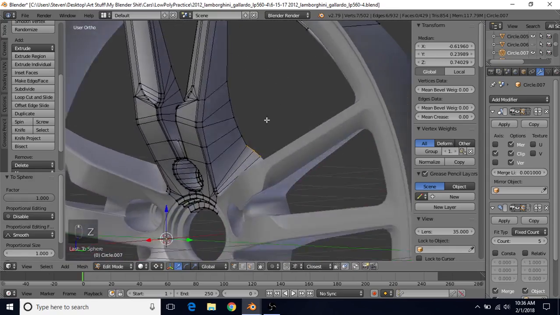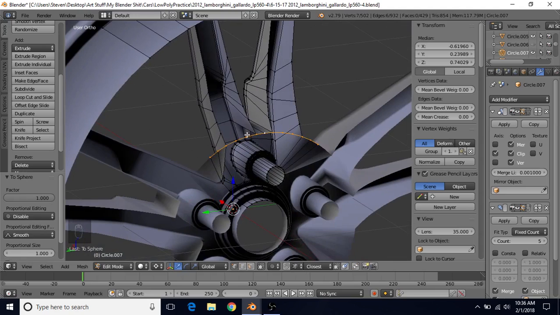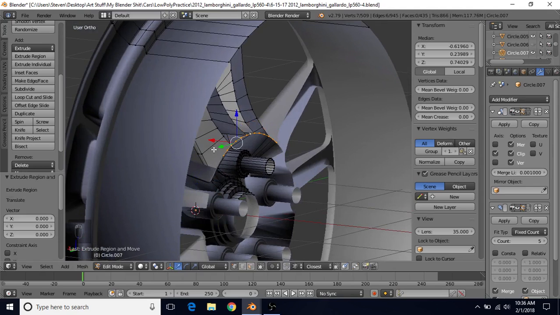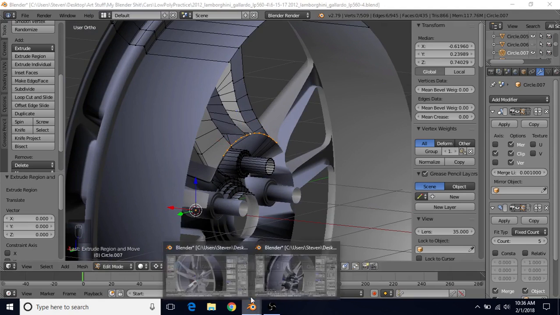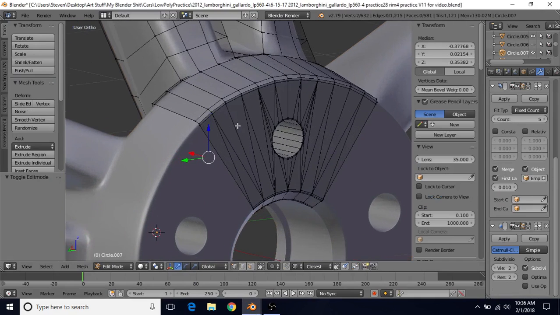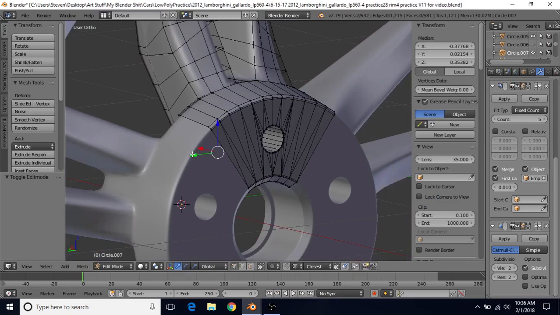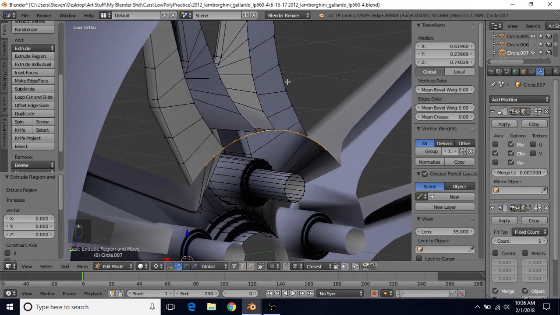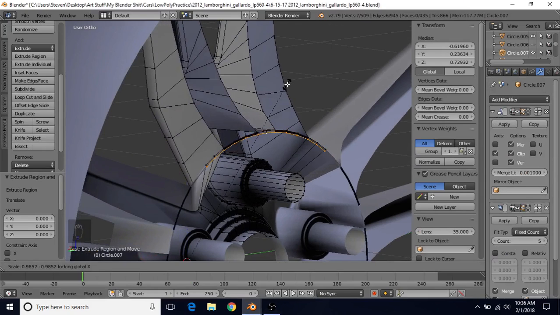So now we're all set. We have a circular object, or a circular area here. So now we can do E to extrude, right click to cancel, change this to median point. Actually, we're going to leave this on 3D cursor, because what we need is we need an edge loop right here close to keep this shading looking nice. We're going to do S, Shift and X, bring it in slightly,